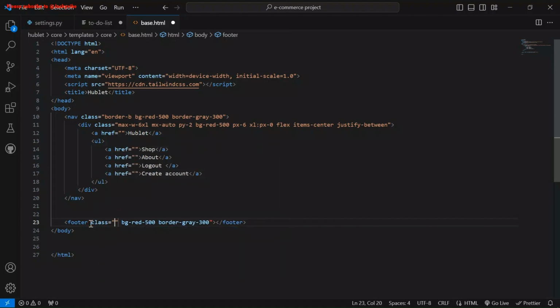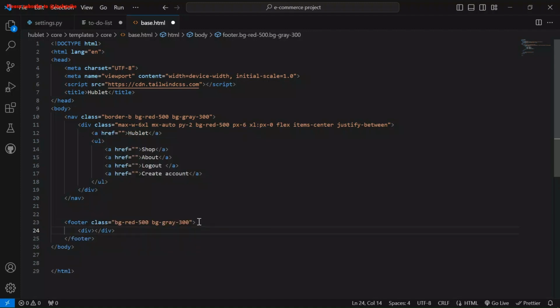Okay, but let me just add the class. I don't think I even need the border here anymore. Just the background is fine. Let me call this one BG gray. This one should not be border gray, it should be BG gray. There's nothing like border gray there for Tailwind. That was an oversight. Okay, so let's create